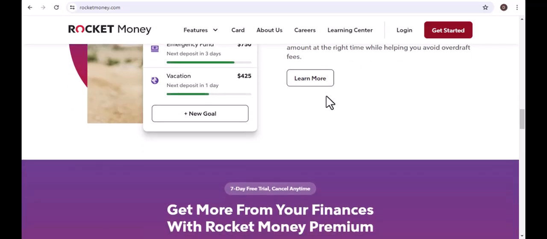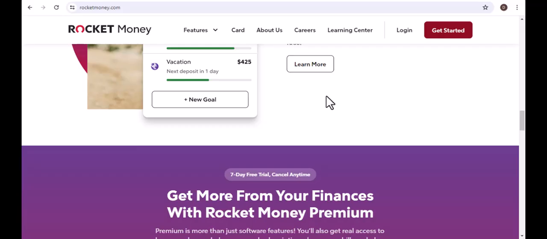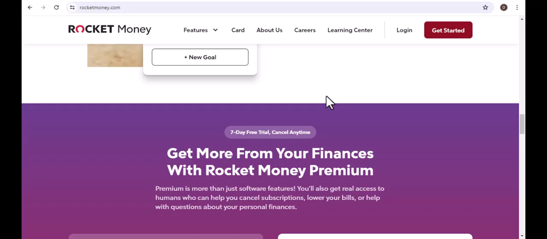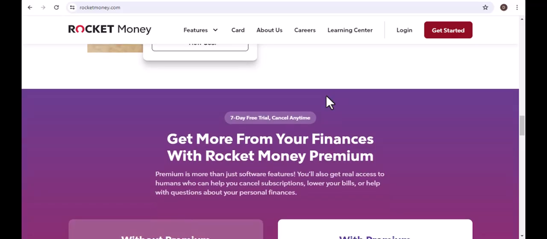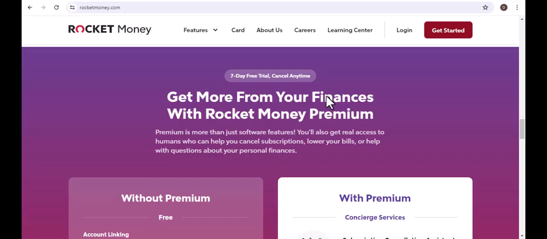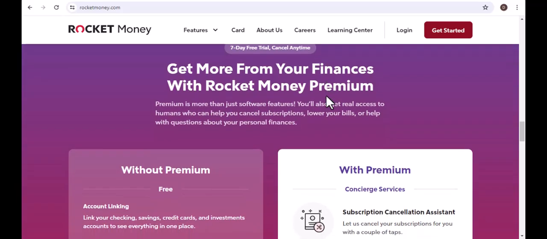Then, you'll set the action, tell Rocket Money to automatically change the category to coffee whenever it sees that merchant name. Now, every time you buy coffee from that spot, the app will automatically categorize it correctly for you. This is a huge time saver and makes your